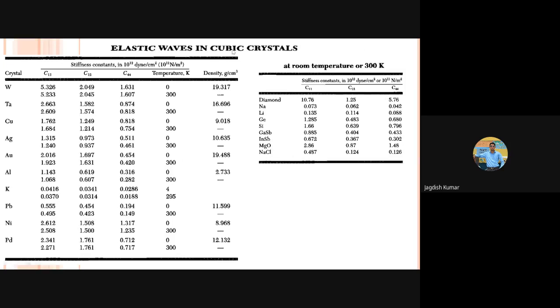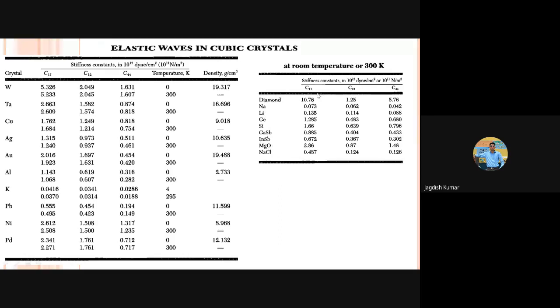Now this is something really interesting. This is another table in Kittel's book. Usually we don't read these tables and don't bother to look at these numbers. Our objective is to read the text and understand the concept, and that's all. But these tables are really interesting. This table gives the values of stiffness constants at 300 Kelvin for various other cubic structures. These are usually metals, and here even insulators are included.